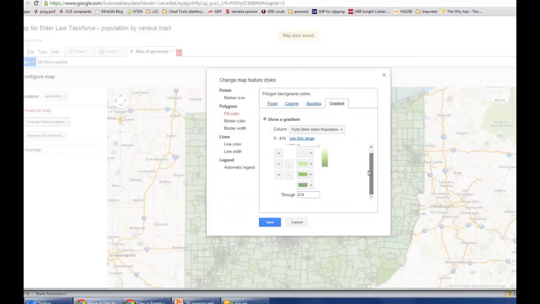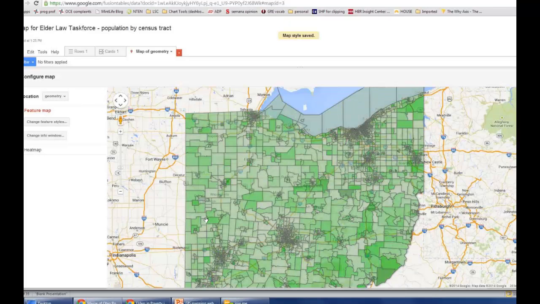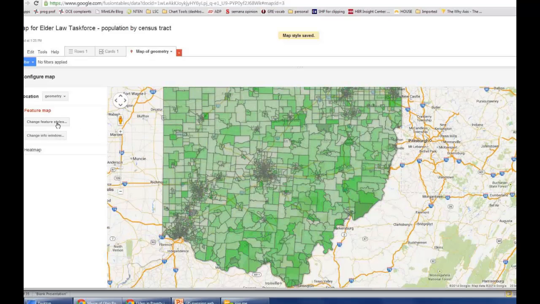But you could customize this even more if you don't like green, or maybe you want to use different colors. You could do that. Purple's not showing up, except. Okay, and then